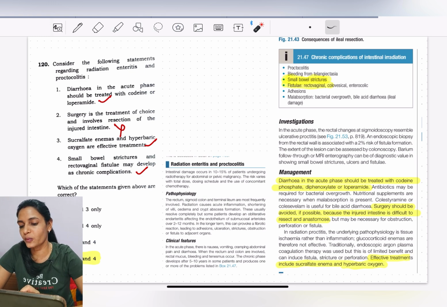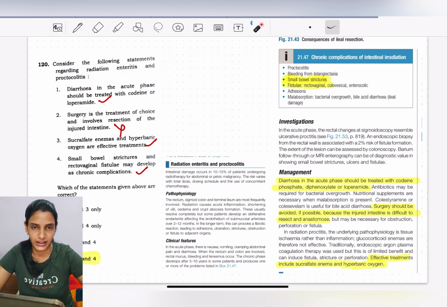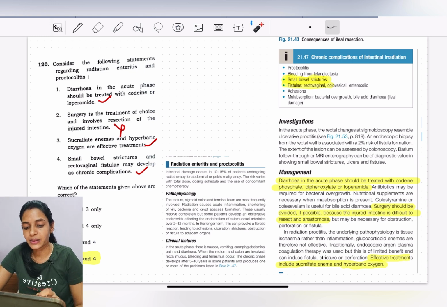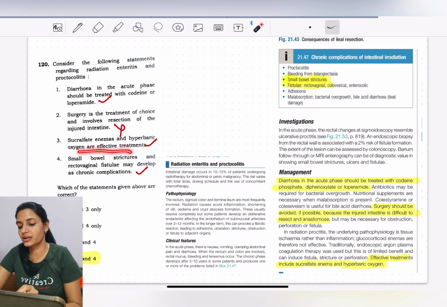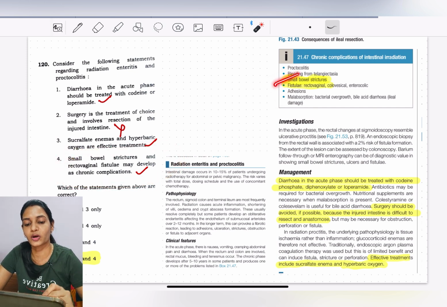In question number 1, they are asking about statements regarding radiation enteritis and proctocolitis. It is nothing but what develops in patients who are undergoing radiotherapy for abdominal and pelvic malignancy. So what are the chronic complications of intestinal irradiation? Proctocolitis, bleeding, small bowel strictures, fistulas, adhesions. So one statement is about the chronic complication, and this statement is true because small bowel stricture and